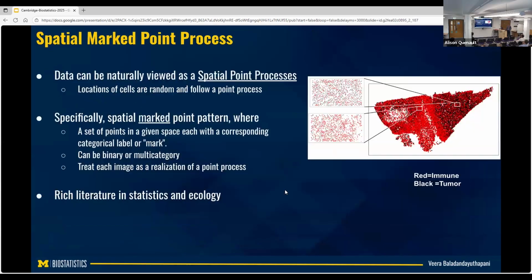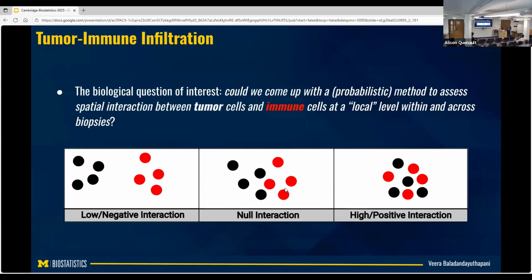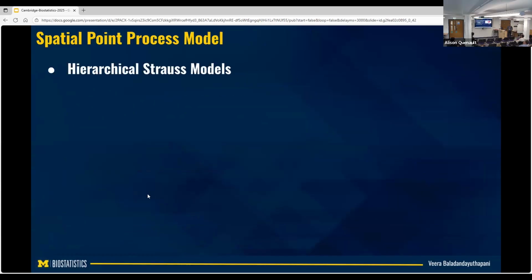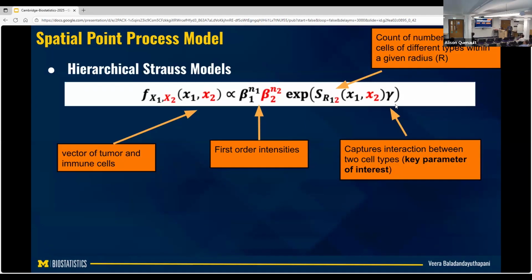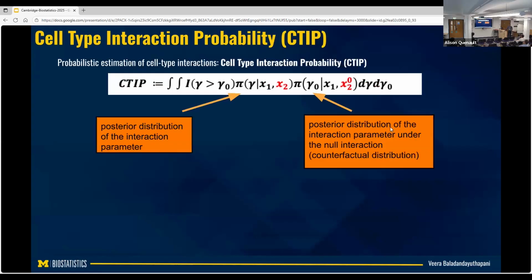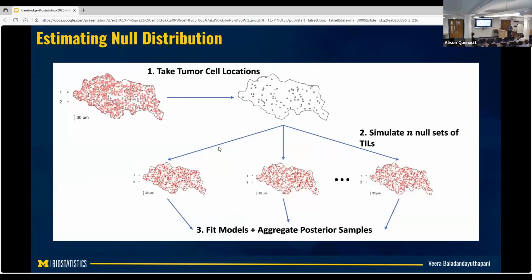But in reality, I'll never observe such clean values. So I might get a value here of say 0.1, I might well get a value of minus 0.2. But I want to know, relatively, it's hard to calibrate how high is high. So putting it on a probability scale makes it a little easier. So closer to 1, and then I'm taking the posterior uncertainty into account. That can change across biopsies.